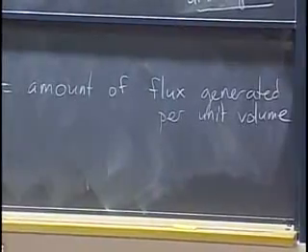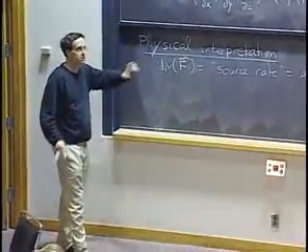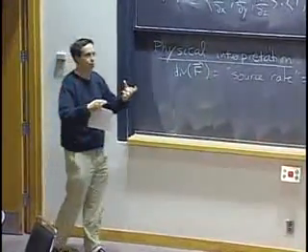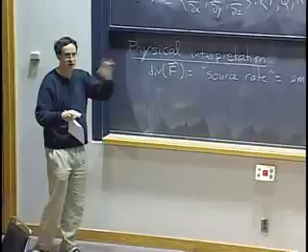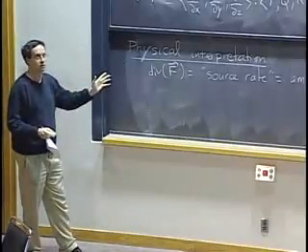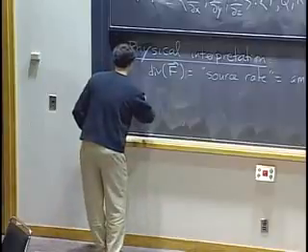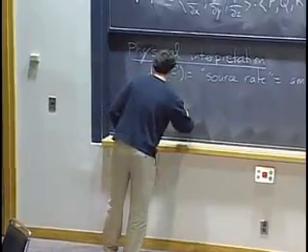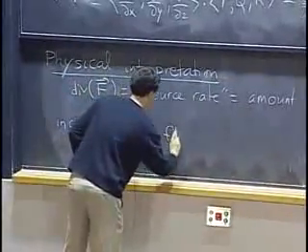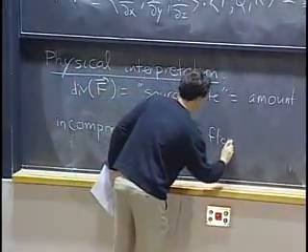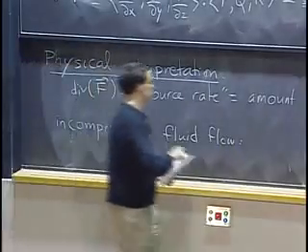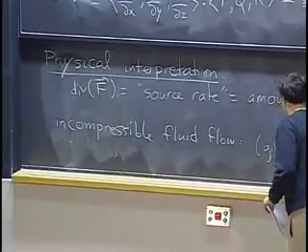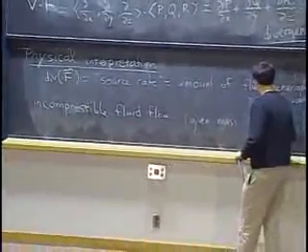To understand what that means, let's think of what's called an incompressible fluid. An incompressible fluid is something like water, for example, where a fixed mass of it always occupies the same amount of volume. Gases are compressible, liquids are incompressible, basically. So if you have an incompressible fluid flow, again, what that means is that a given mass always occupies a fixed volume.